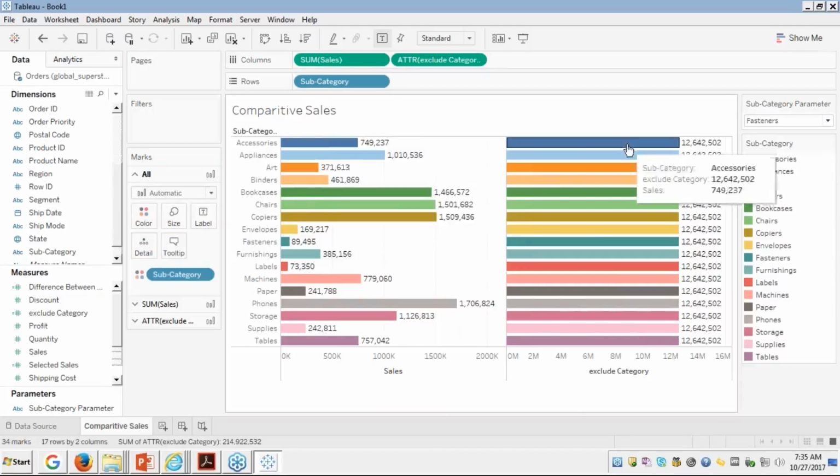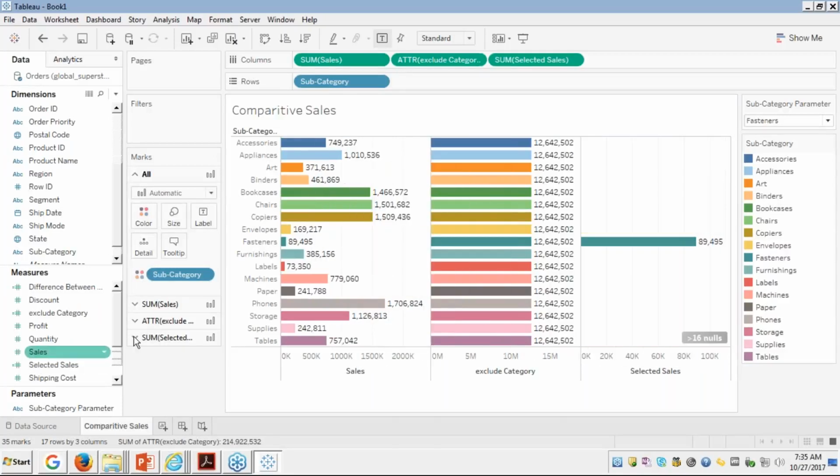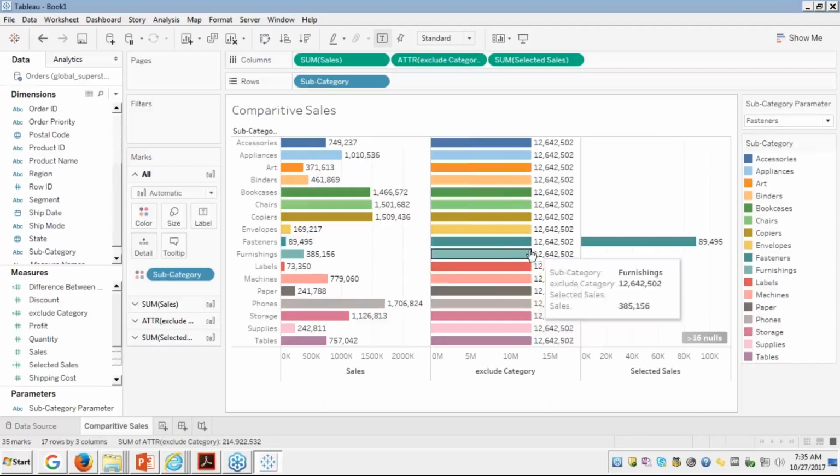Okay. See here, I'm going to select one particular category here. So I'm just highlighting that. So I just selected the fasteners here. Can you see what is happening here, friends? When I'm excluding this particular value, what is the result that I'm getting? Can you see that? It is giving a number